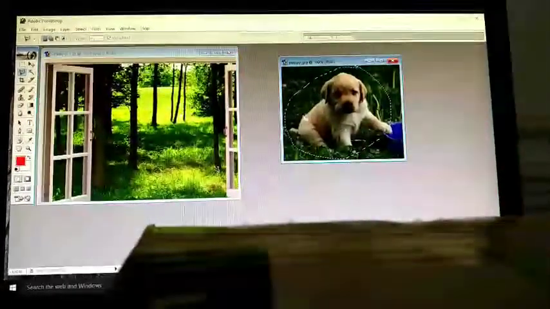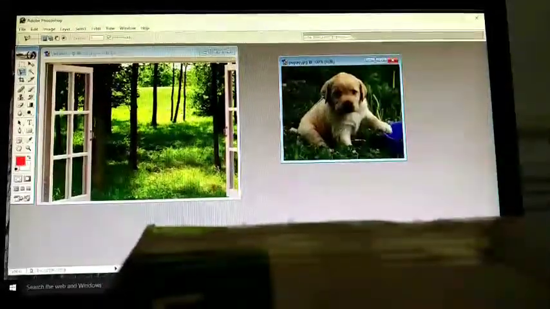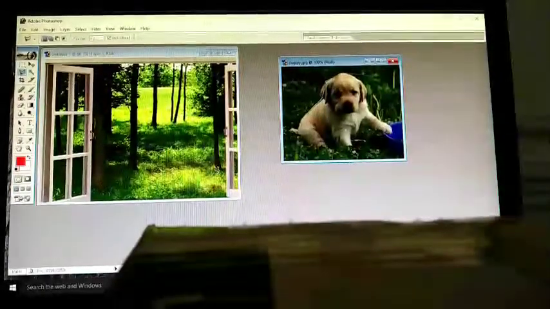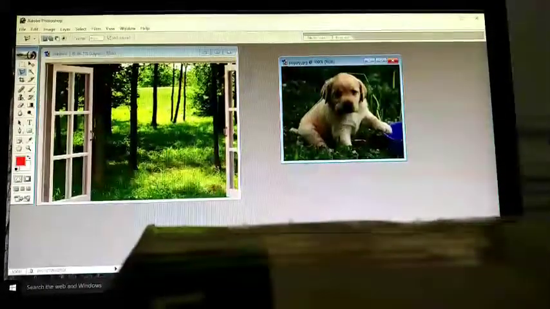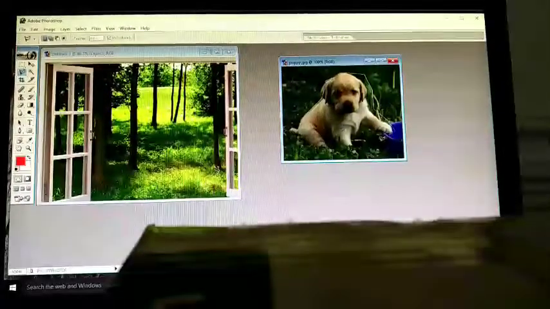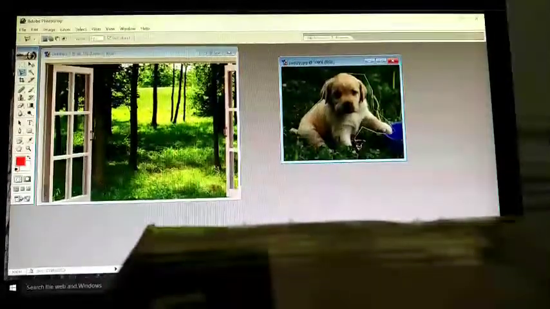Then click here, then click at another point, then some other point. Like this, you can click at different points and can select an image or a part of the image.